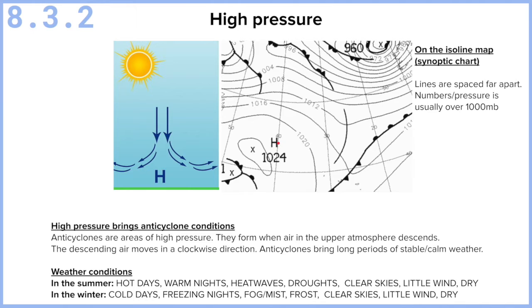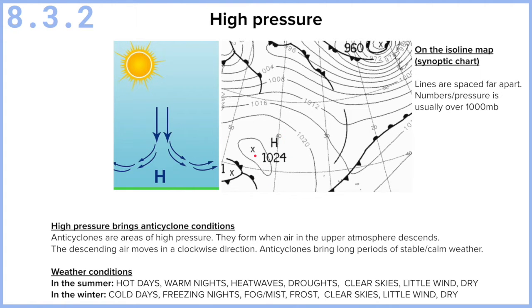So high pressure brings anticyclone conditions, which is areas of high pressure. As they form in the upper atmosphere, it's going to bring cold air down. So cold air sinks because it's denser, it's heavier. So it's going to bring it down and it's going to come towards the surface. That's going to keep any moisture at the surface, so it's not going to form clouds and rain. So the descending air moves in a clockwise direction